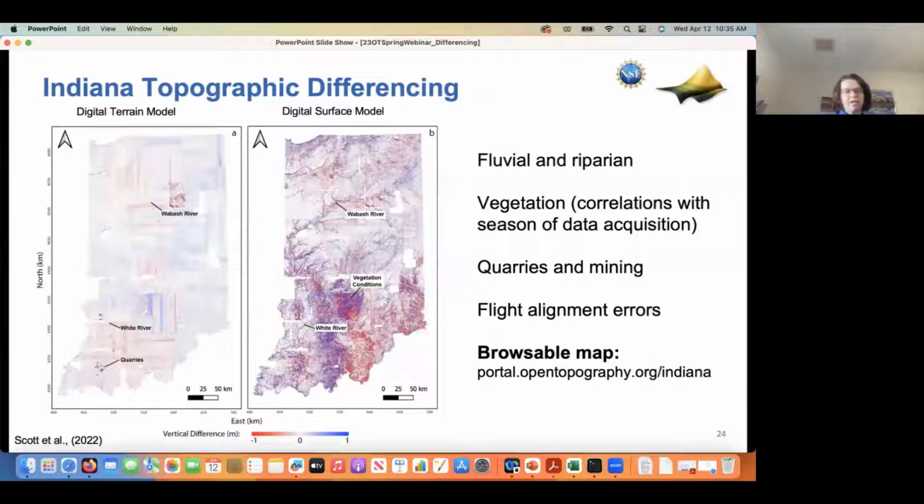So here's the statewide differencing results for Indiana. On the left, you see the differenced digital terrain model, and on the right, you see the differenced digital surface model. And so at the state scale, there's several prominent differencing